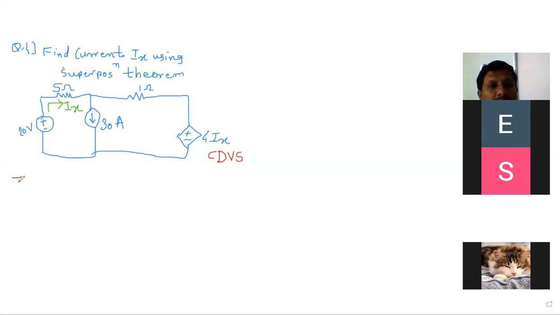बरोबर है? So we can start to solve this example now. This problem belongs to what? Method 2 or type 2. So we are interested only in independent sources. Dependent source ला काही करायचं नाही. Dependent source keep as it is. Don't short it, don't make it open. फक्त त्याचं व्हॅल्यू काय चेंज होतं का ते बघायचं.